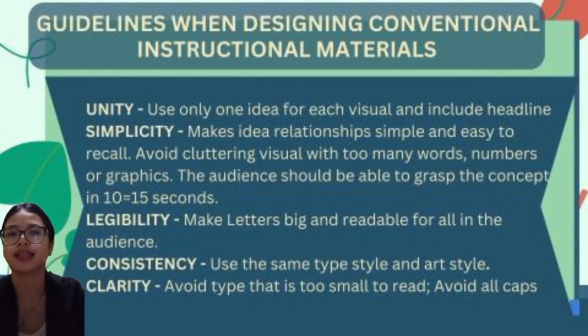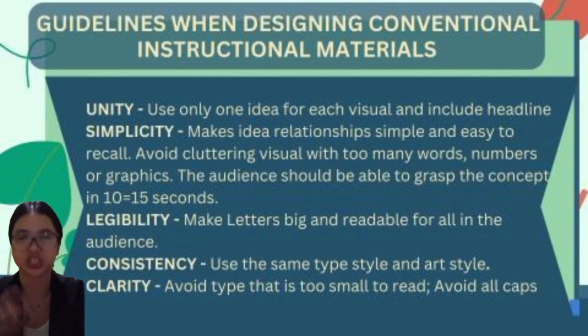So third is legibility. Make letters big and readable for all the audience. So yeah, legibility is about ensuring that the text on the visual is easy to read. It's crucial to use a font size that is large enough for everyone in the audience or the students to see without straining their eyes. Legibility is essential for inclusive communication as it ensures that all students or members, regardless of their vision, can access